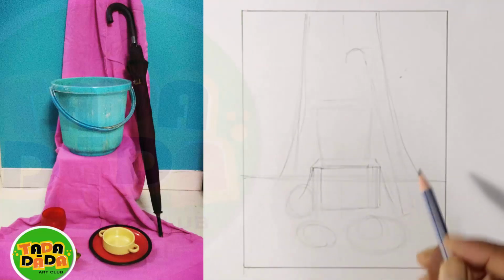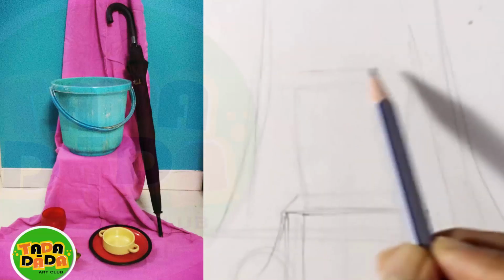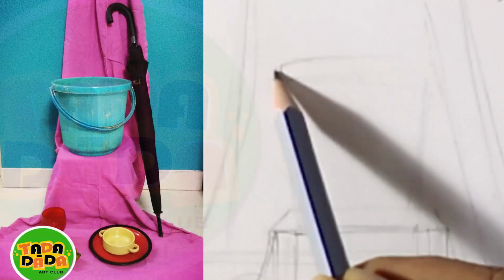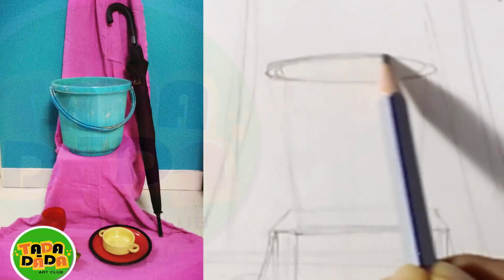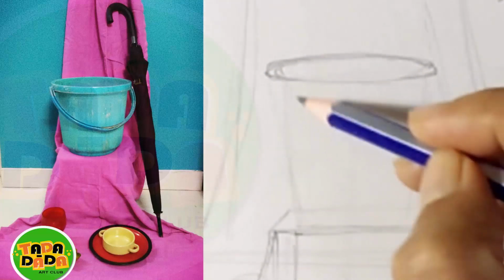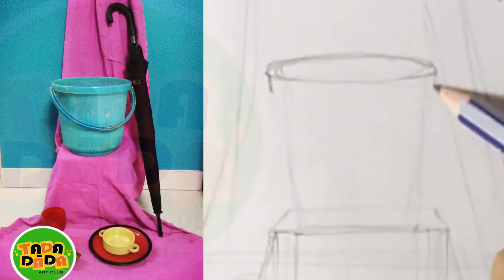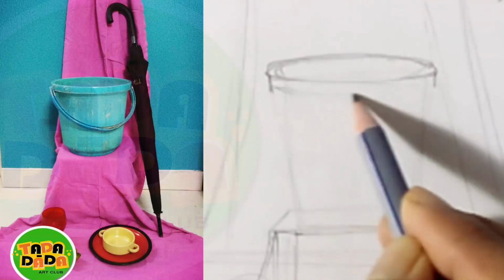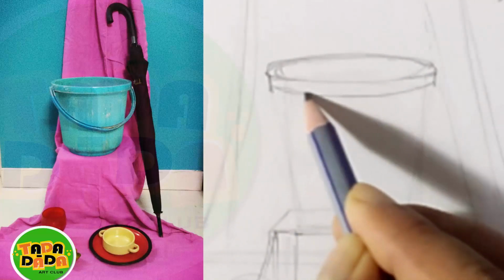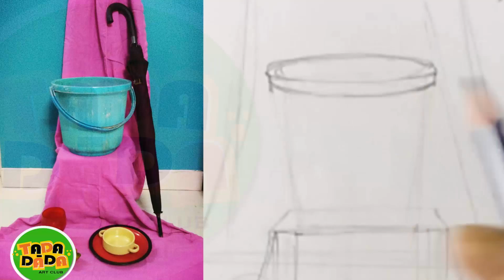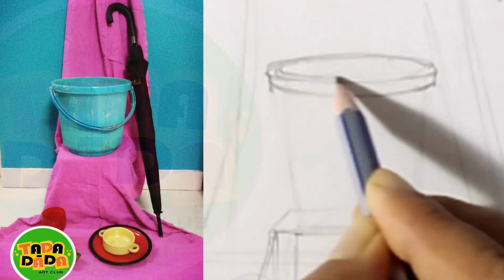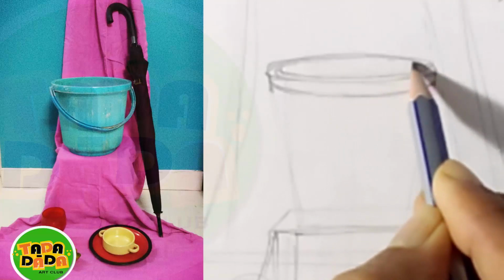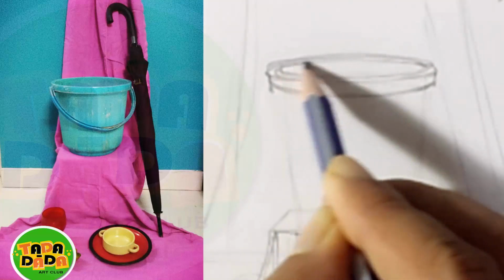First I will start with the bucket. For that I am making a top, which has an oval shape. Here also there is a small thick line which is the top portion of that bucket.